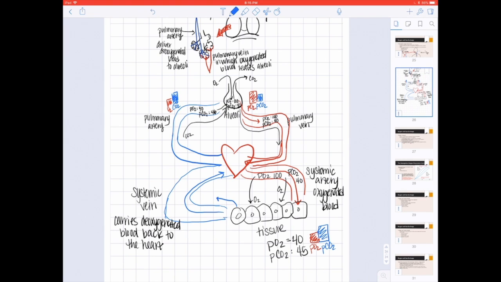So CO2 is going to travel out of the tissues and into the systemic vein through capillaries and then back to the heart. Now, why does this happen? Again, the CO2 is going to travel from high concentrations to low concentrations. So if we're getting a CO2 buildup